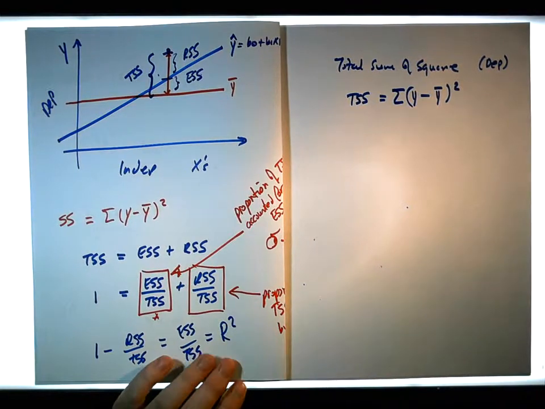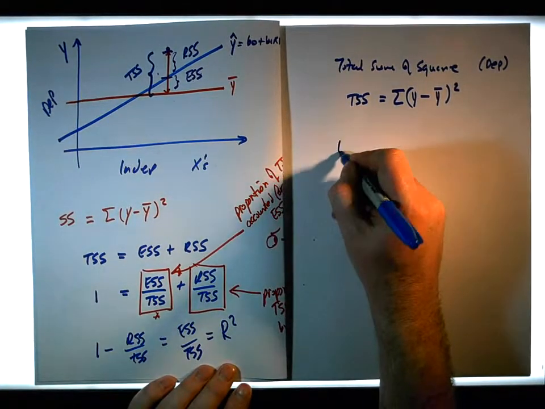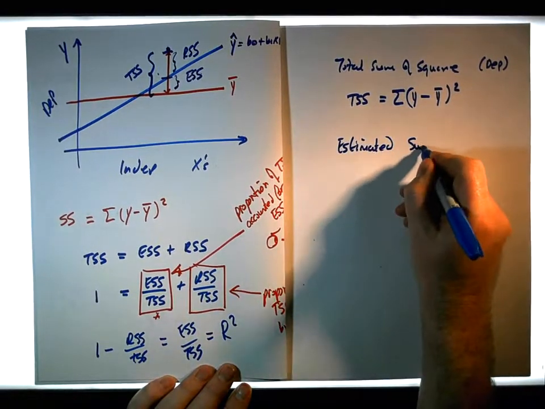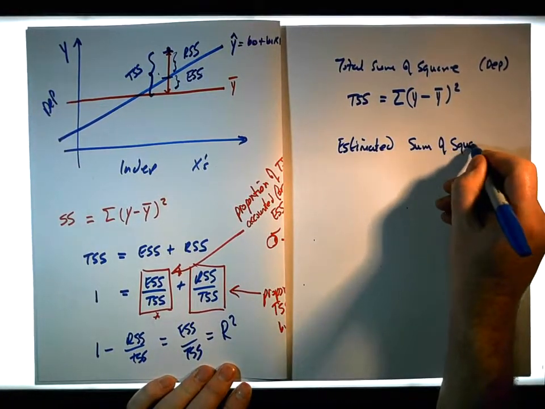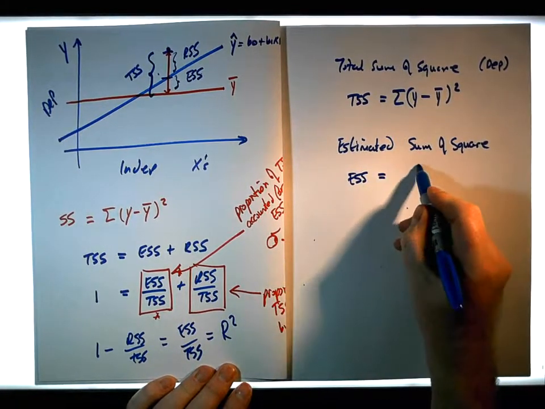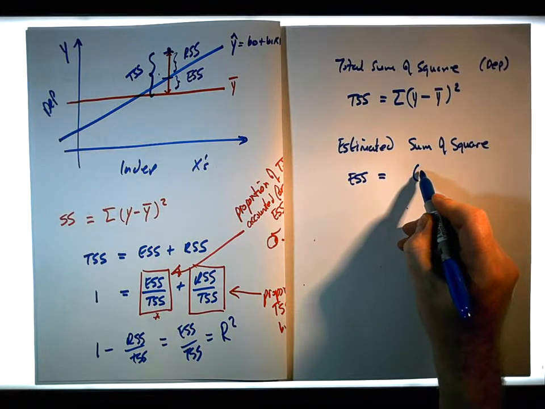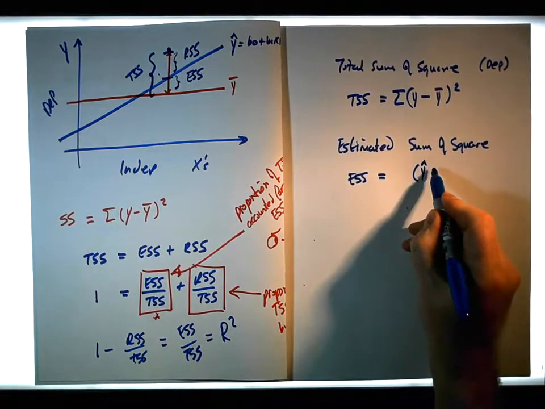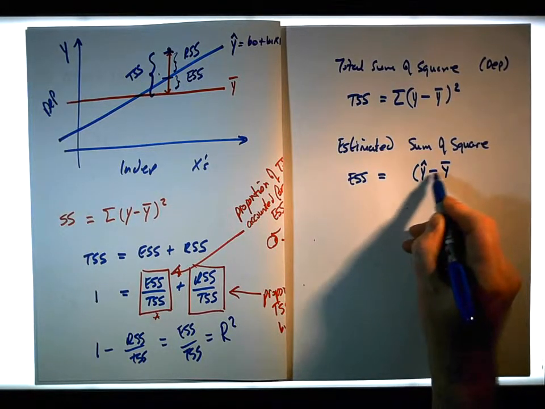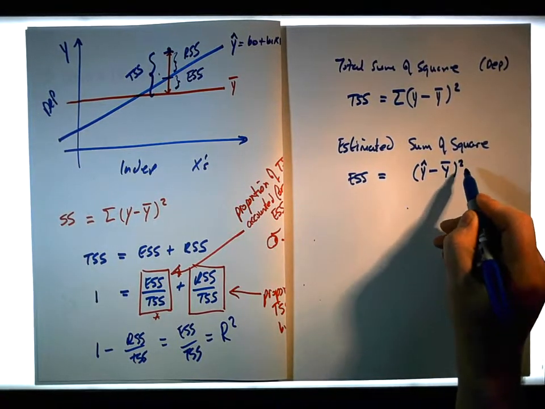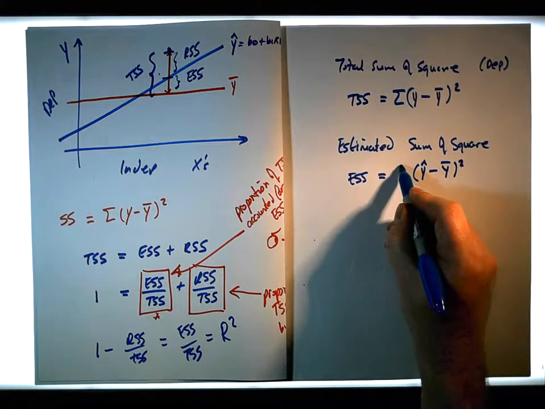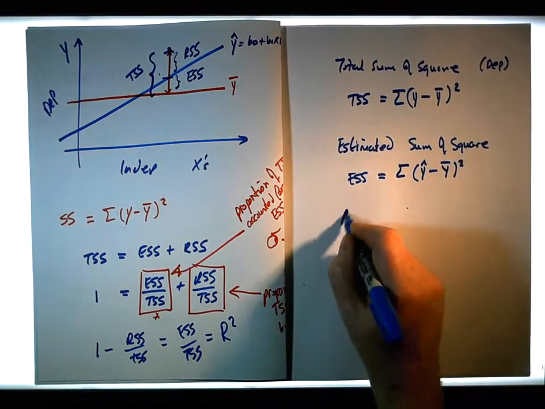That's the total sum of squares. The estimated sum of squares, let's say ESS, is the distance between the estimated values and the y bar values, squared. So it's how good the model actually is itself. And it's the sum of those. And then the residual